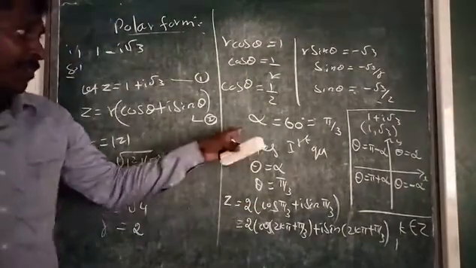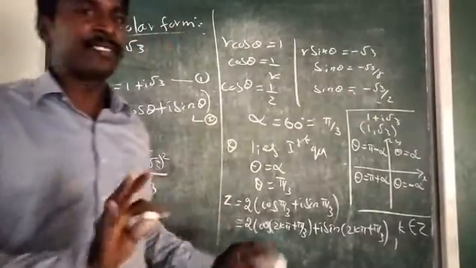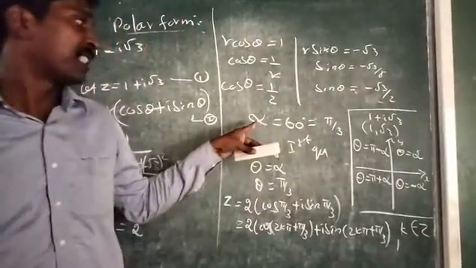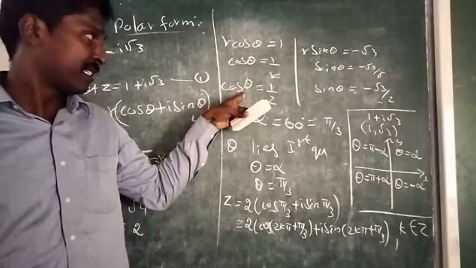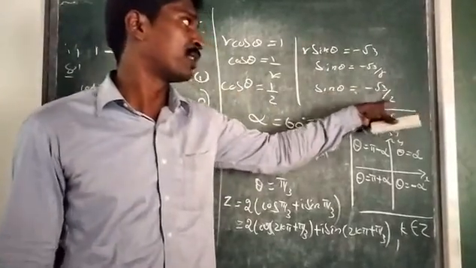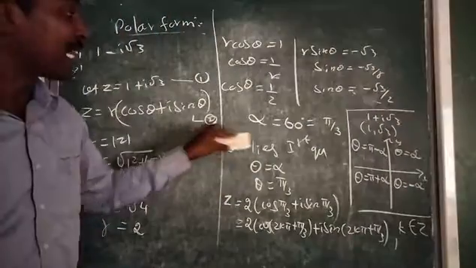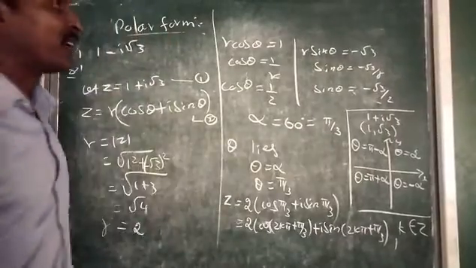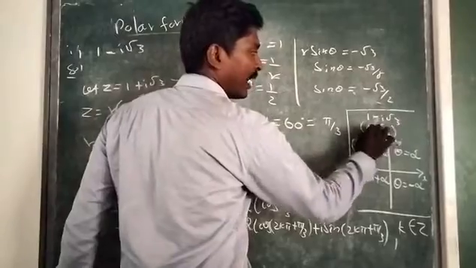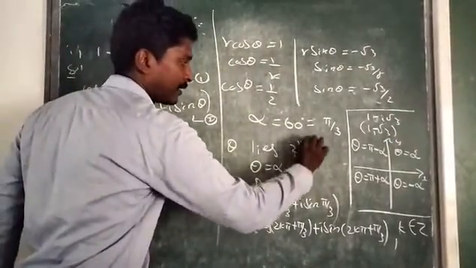Now when finding alpha, don't worry about this minus. Without the minus, substituting for sin theta we get root 3 by 2. Substituting alpha, cos 60 degrees is 1 by 2 and sin 60 degrees is root 3 by 2. Don't worry about the minus, because the minus will be accounted for here. Now in which quadrant does theta lie? Now we have (minus 1, minus root 3), so theta lies in the third quadrant.